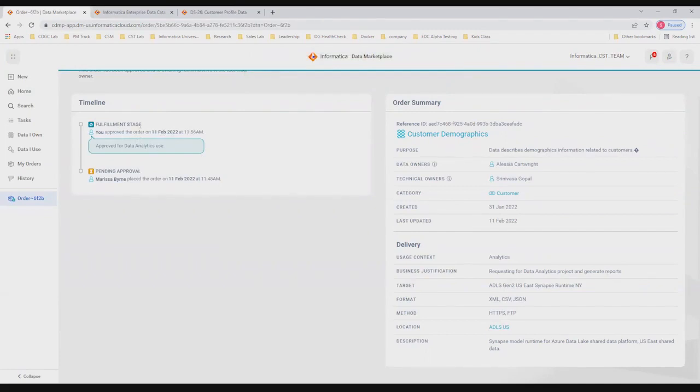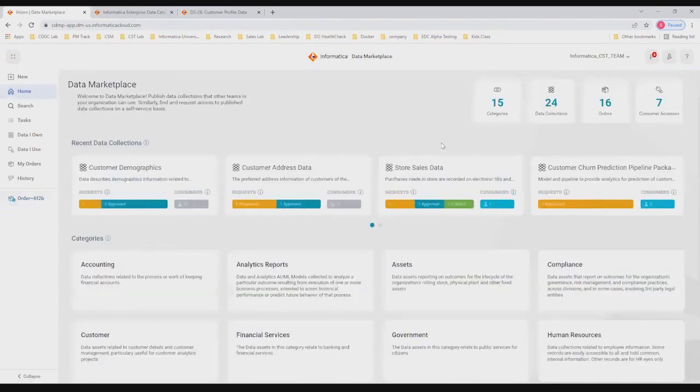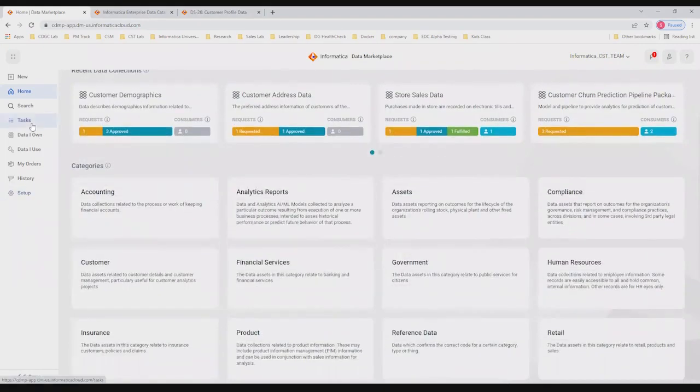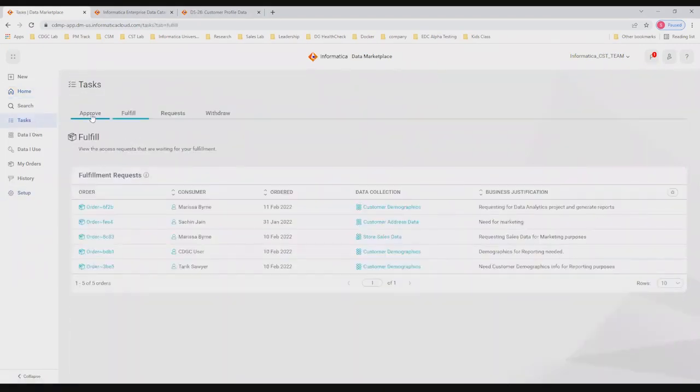So right now it's in the fulfillment stage to provide the actual data delivery. You can see the demographics data coming up on the recent data collections page. Srinivas has logged into Data Marketplace, who is actually the technical owner for many of the customer data collections. And you can see the recently accessed data collections over here, and the majority are customer data. And to review the request, he goes to the tasks tab, and there are fulfillment requests that have